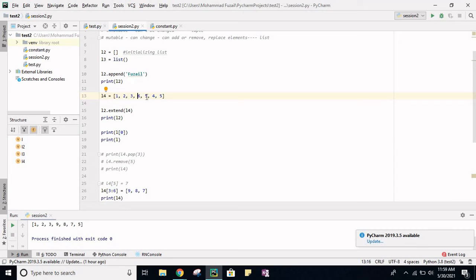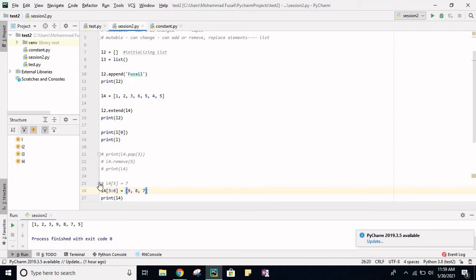So this range 3 to 6 will always have this index 4. Then we have to replace at 5, so this range will contain the 5 as well. But since after this we have to stop, we have to replace till the 5th index only, not the 6th one. So we have to stop at 6. So we have passed 6 as the stop index. So this is the starting index, this is the stopping index.